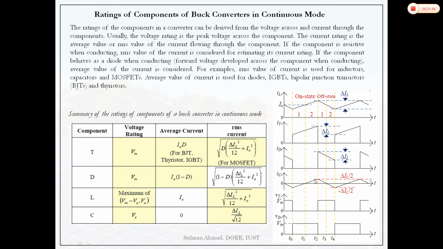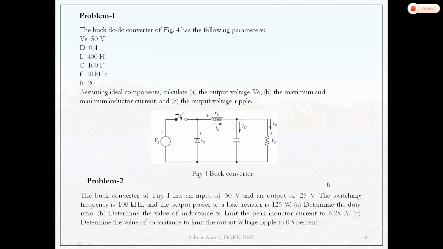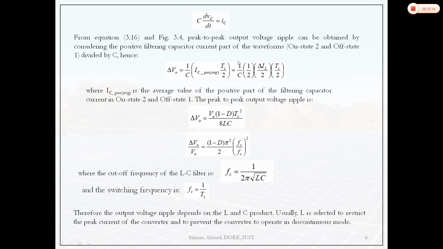So this is the IC current versus time curve. Delta Q will be nothing but the area under this curve. Charge is nothing but the area under this curve. So the area of this triangle will be half base into height. Base is TS by 2, height is delta IL upon 2. So delta V naught is 1 upon C times delta Q, where delta Q is half base, base is TS by 2, and height is delta IL upon 2. If you solve this, we will get the delta V naught value.